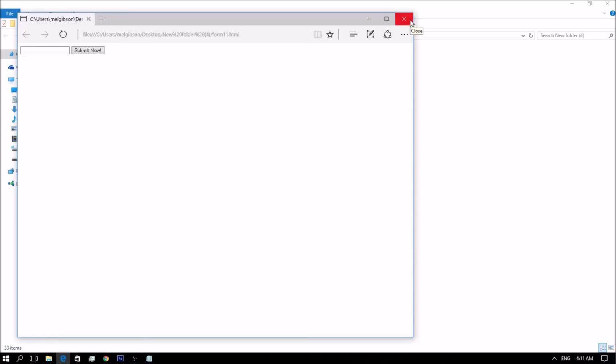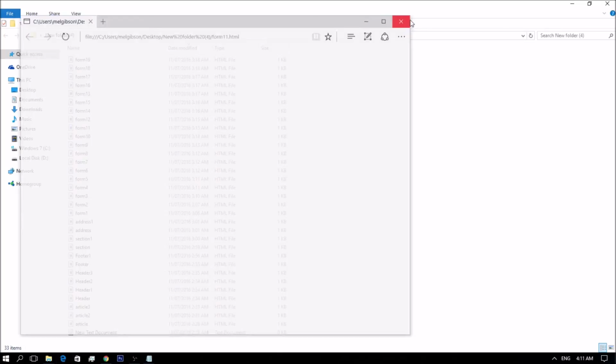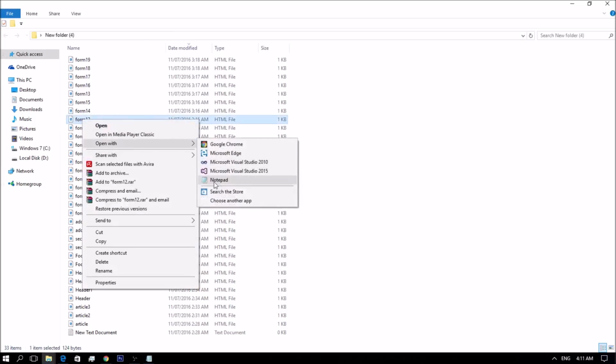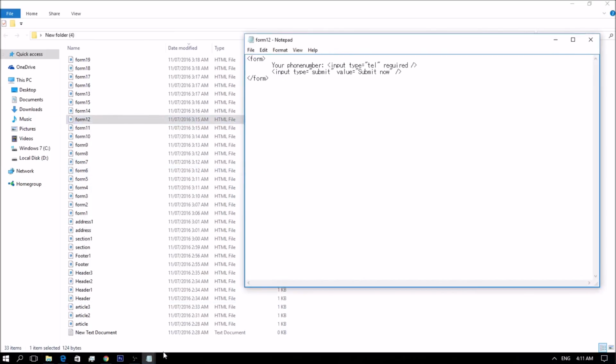So we now move on to validating phone numbers using HTML5. One of the reasons this input type has no pattern might be the fact that phone numbers differ. This is the code I created.